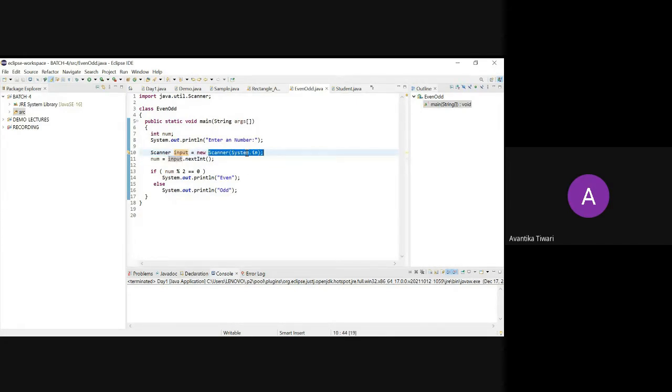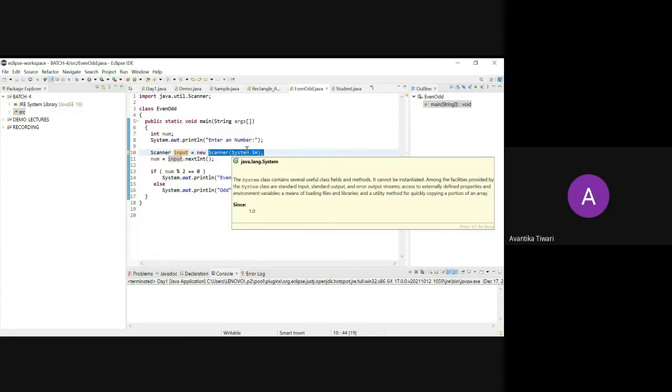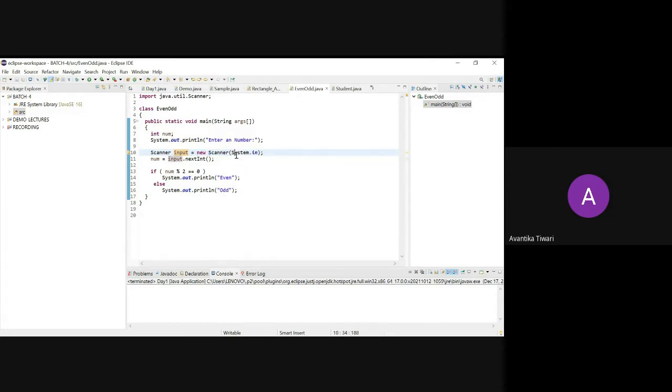And inside the constructor, I am writing System.in. This statement we are using in order to read the input entered through the keyboard.